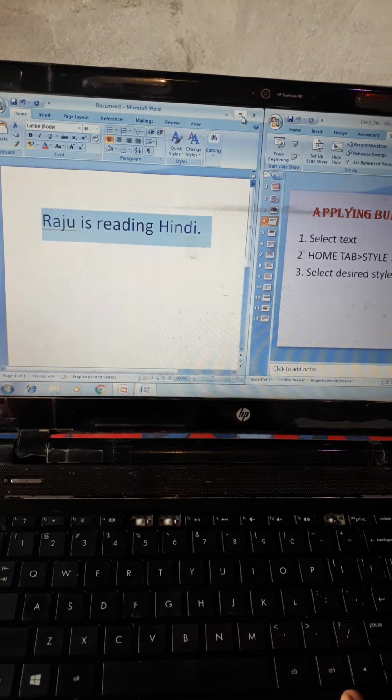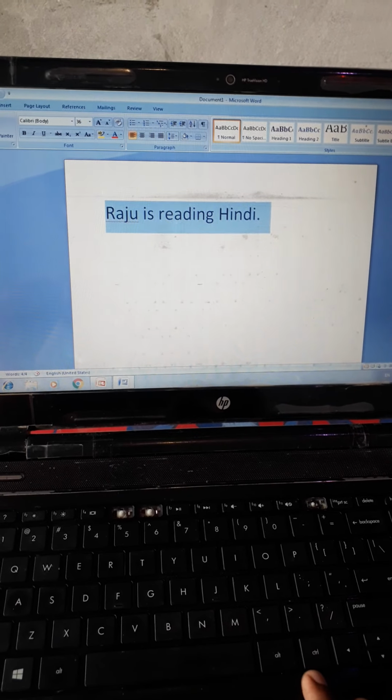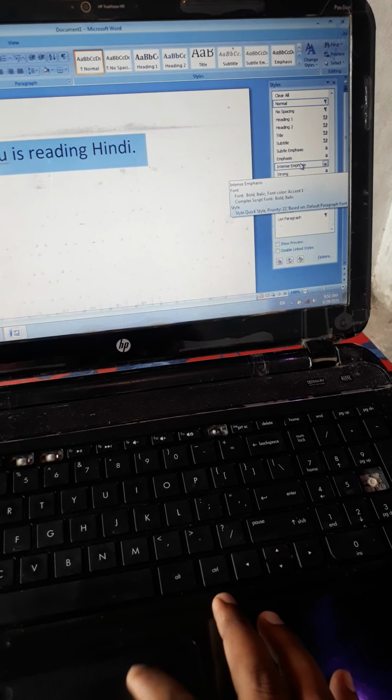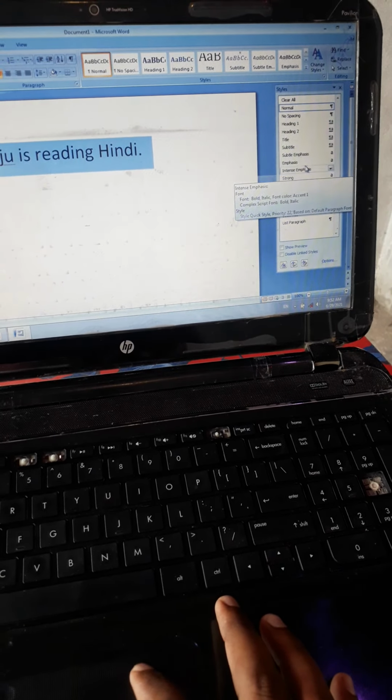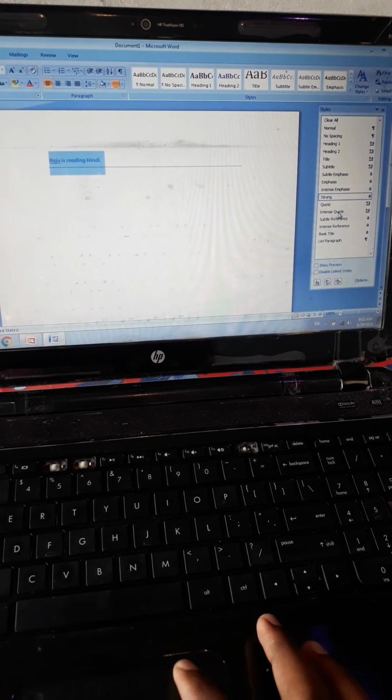So I'm going to increase the slide. So here are the style options, and this type of menu will appear according to our need. Simply we have to select any one. Suppose I am going to select this. You can see the changes. Another I am going to select. You can see the changes. So this is the built-in style feature. According to our need we can select any one.